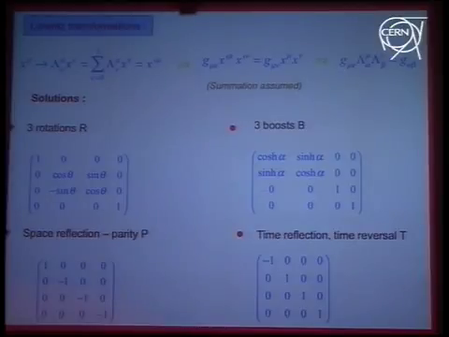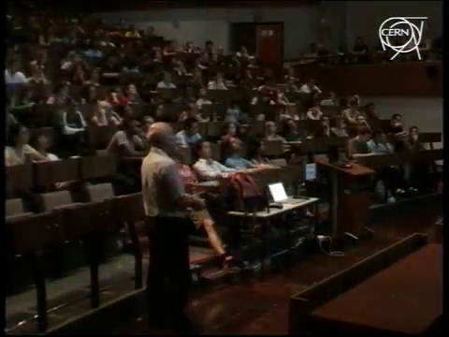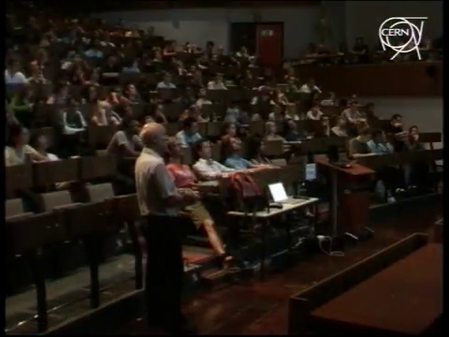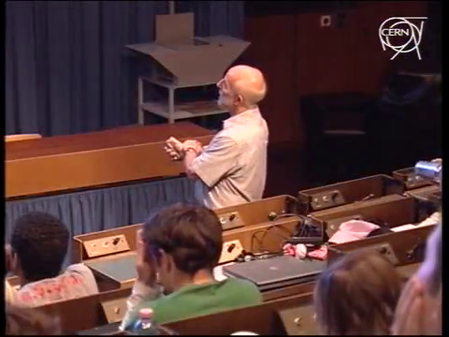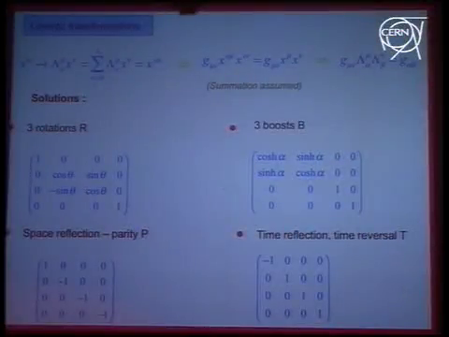If I write theta equals i alpha, cosine theta would be cosh alpha. So these are the boosts, and what you have for the Lorentz group are 3 rotations and 3 boosts. And then finally, you can check that there are 2 special cases. There's space reflection, in which you reverse the sign of the spatial components. That clearly will leave this invariant because it's quadratic in the spatial components, and this is something that's called parity